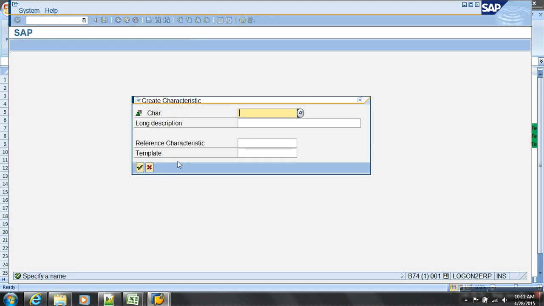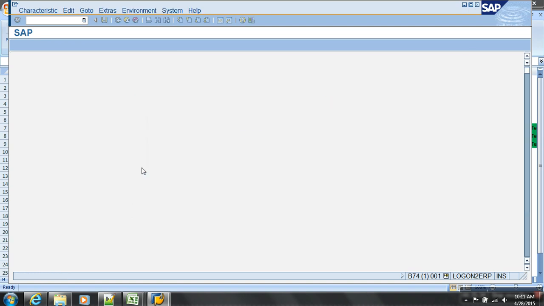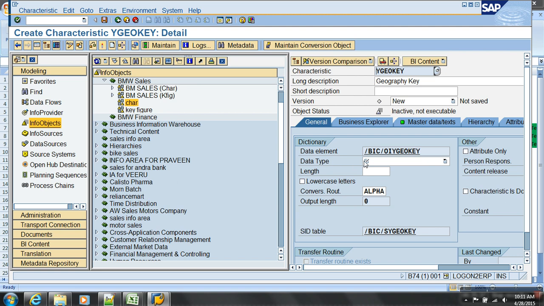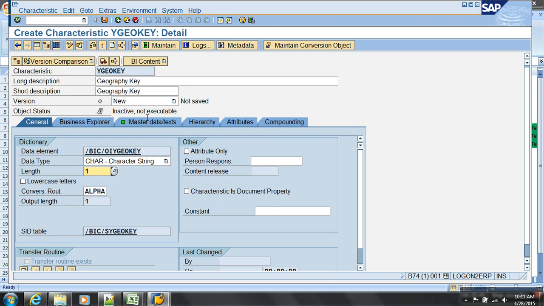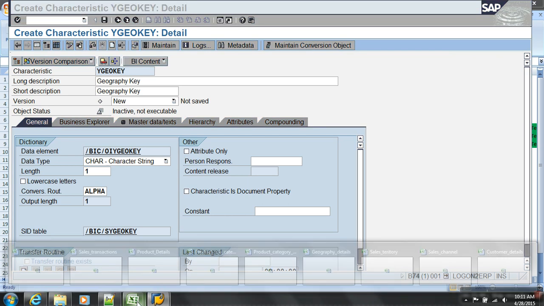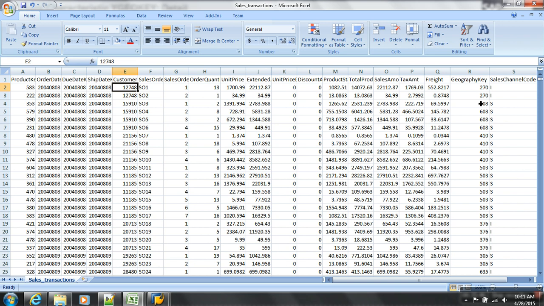Z. We will go with Y, geo key. Okay, done. Say okay. This is my definition, boss. Now let's look at the geography key column and then let me know the definition.